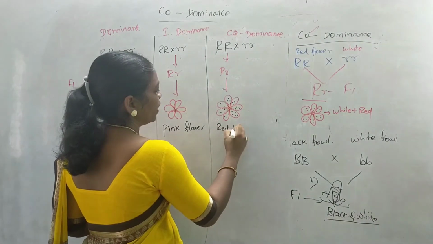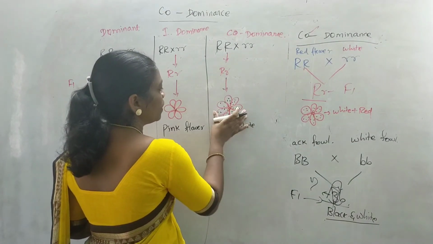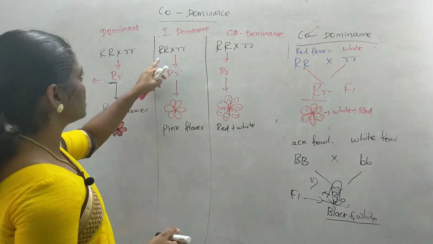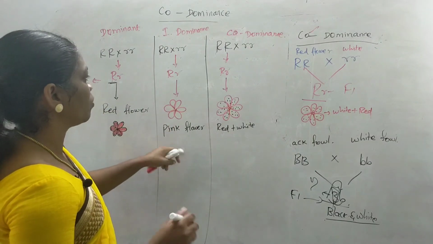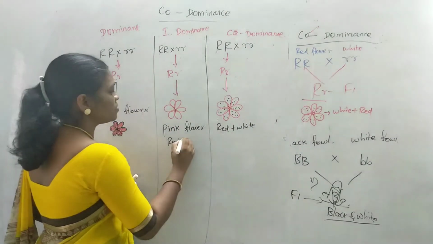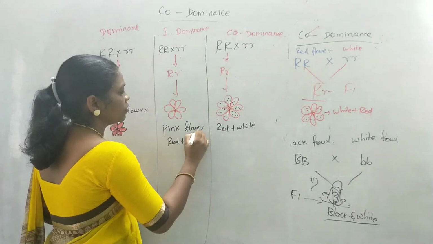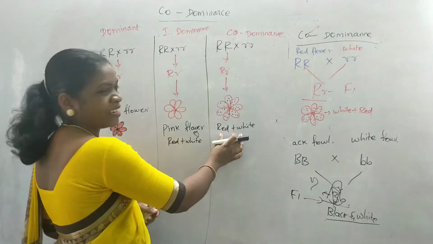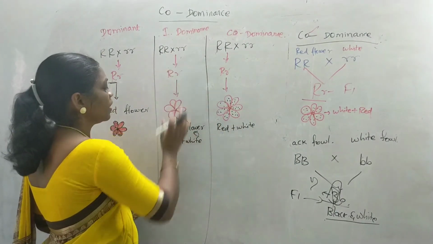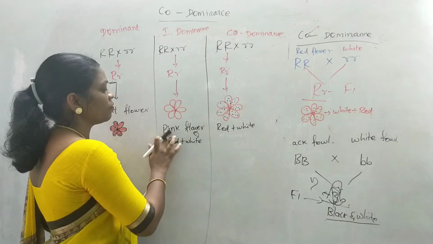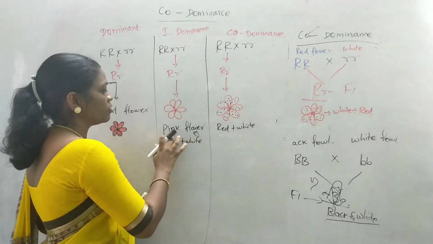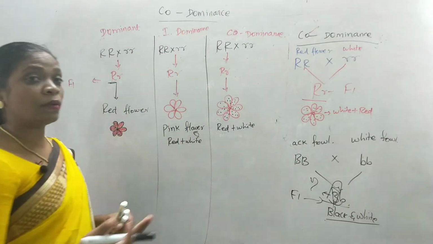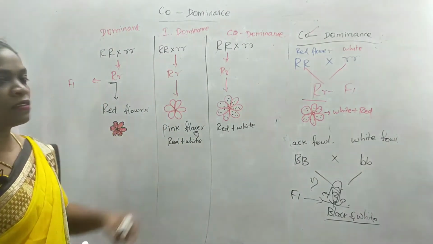So both red and white are expressed here, where both the colors are expressed in the F1 generation. But in case of incomplete dominance, you can find the pink color, a mixed combination of red and white. Here in case of codominance, both the characters are expressed together, where the flower shows both red and white mixture. And in incomplete dominance, red and white result in the formation of a new color, pink, where the dominant gene doesn't completely suppress the recessive form, so it expresses in pink color.